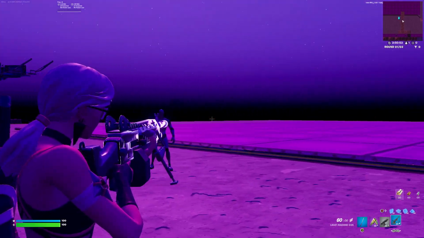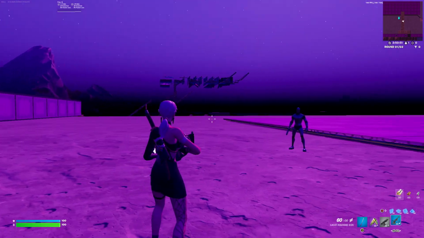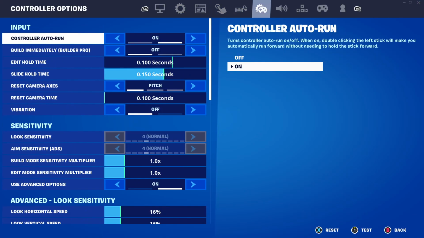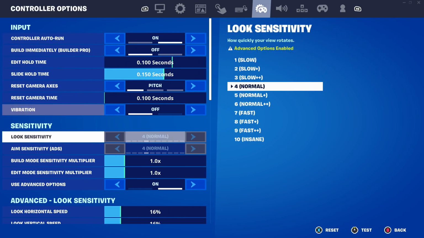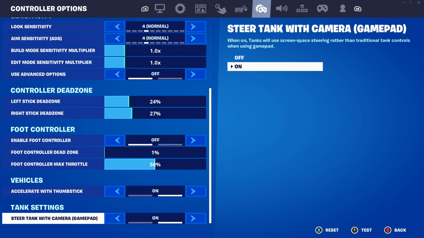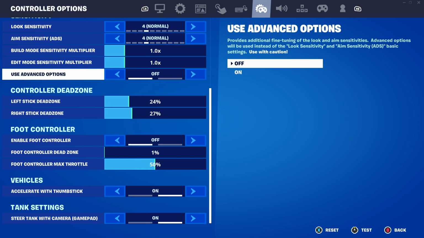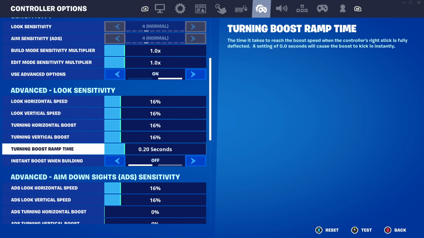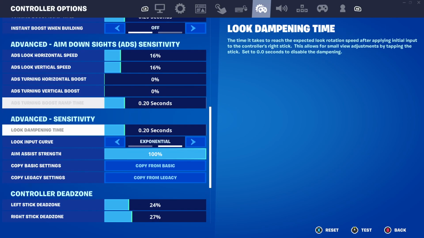Okay. So we're going to do some basic fixes first, and then we're going to do some advanced fixes. First of all, we're going to hold on settings, and then we're going to go on the controller options, and we're going to scroll down all the way to something called advanced options. You need to activate this, okay, because you're not going to go on to the normal settings. You need to activate this so you can go on to the much more advanced settings, which are going to help us now, okay? So once you activate this, okay, you're going to go all the way down to something called,